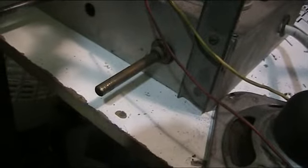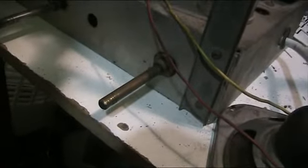The treble side of the tone control doesn't seem to work right, but